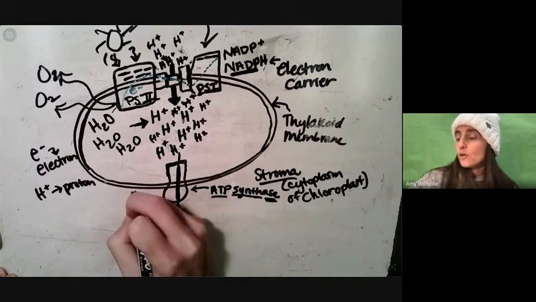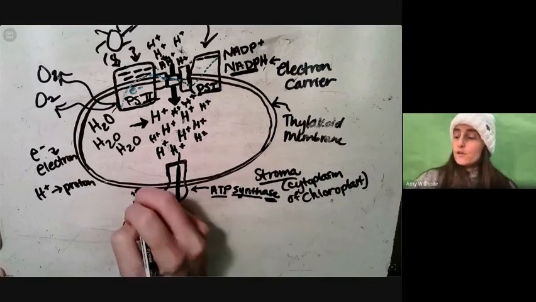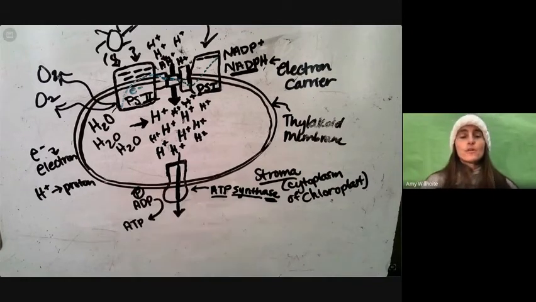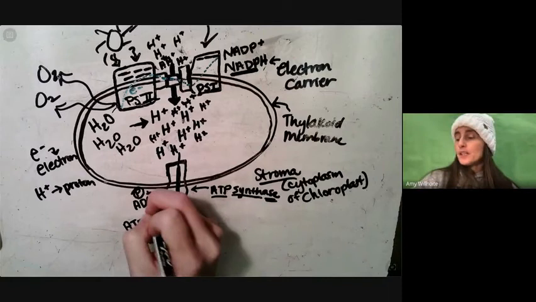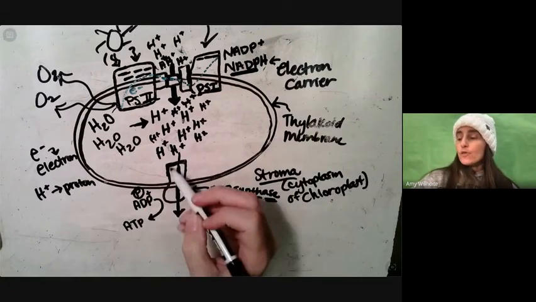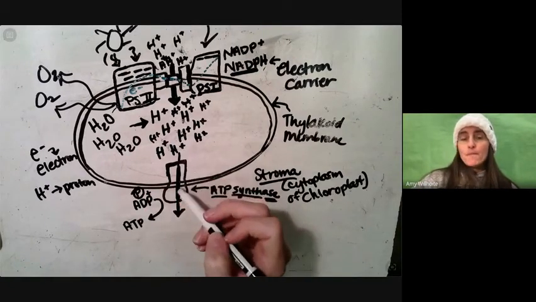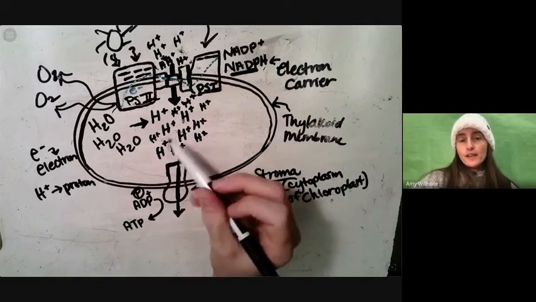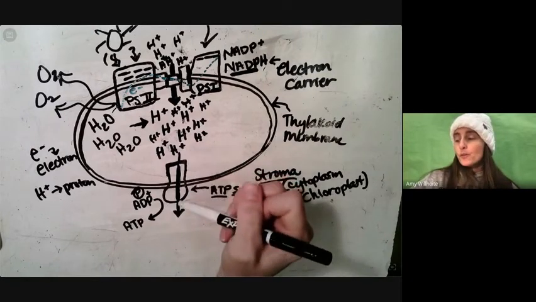So I guess I should throw a little P up there too. Usually we do our phosphates like a little circle around them. Okay, so ADP plus P, and the proton gradient, yes, built up here, moves from an